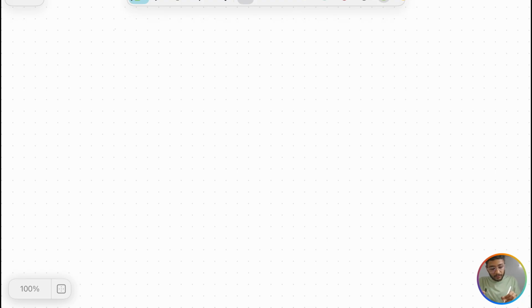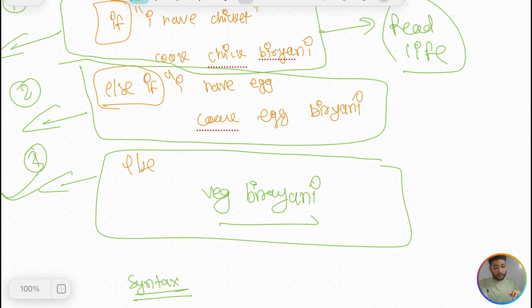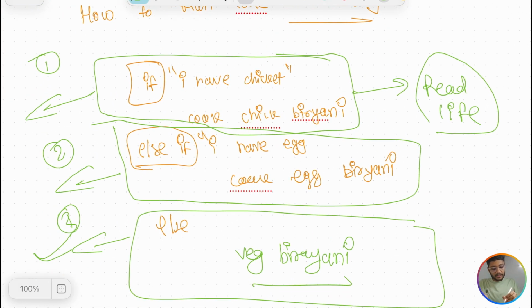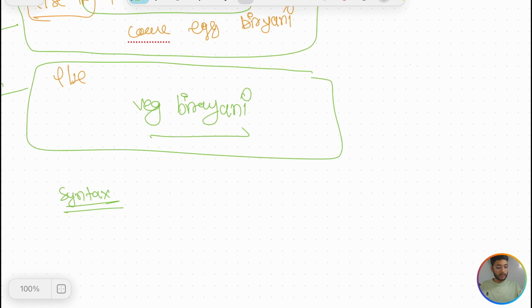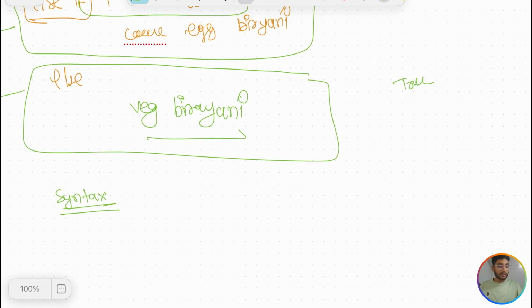So I'll tell you the syntax. If you notice one thing here, these conditions are nothing but you will get yes or no. And what is used in Python to represent yes and no? True and False, right? Boolean values. What is the data type of this?